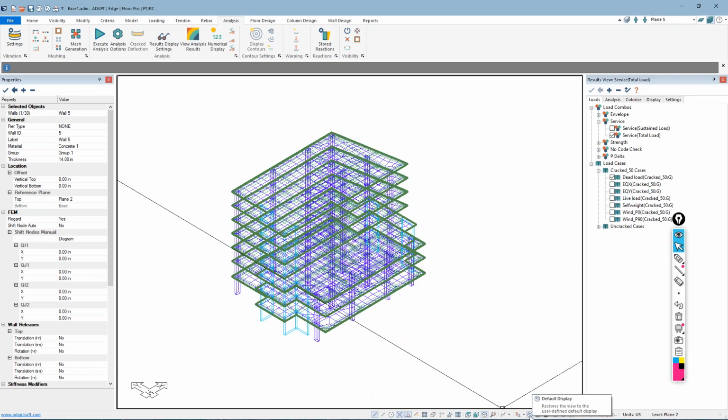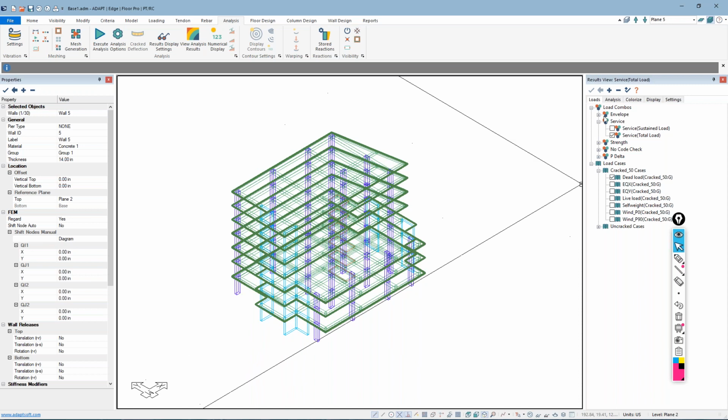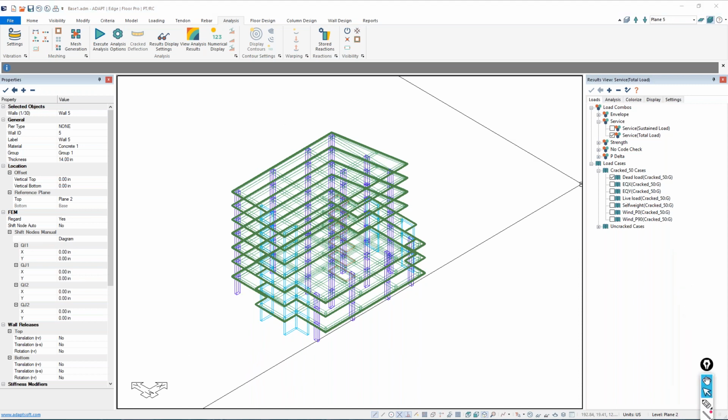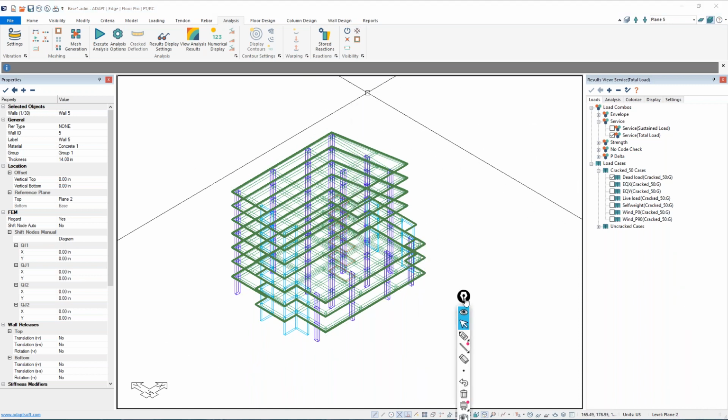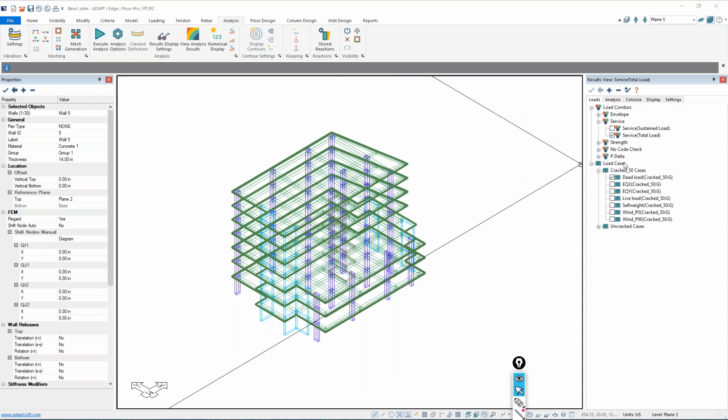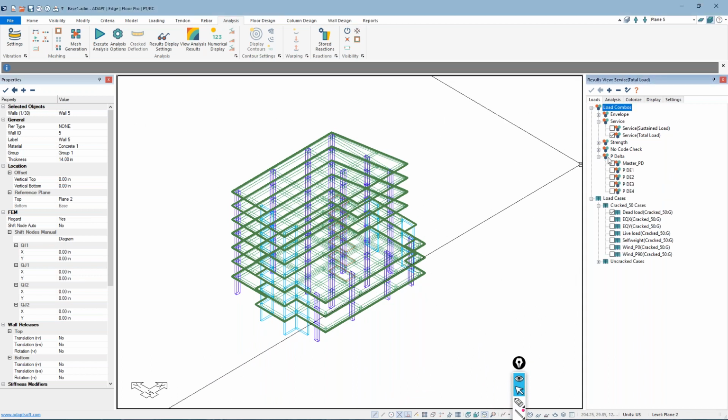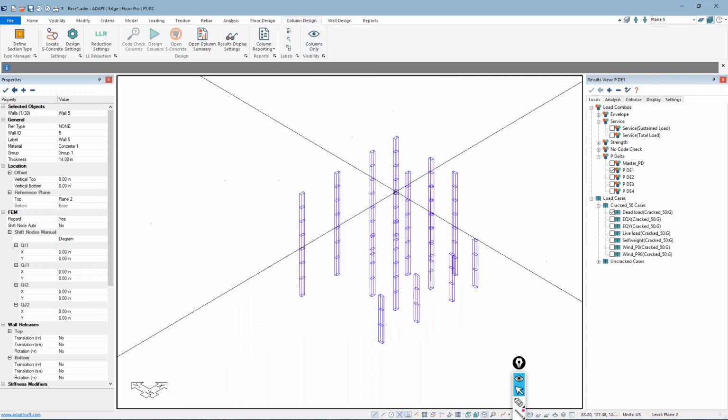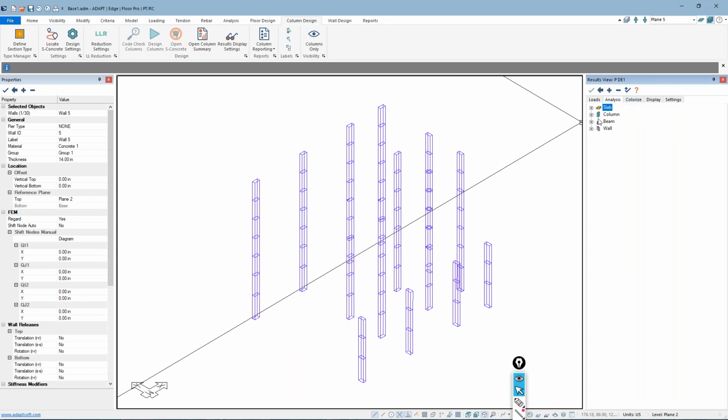The first thing I wanted to show is just graphically some of the results here for P delta. So once you run P delta combinations in the program, under loads, we actually have a categorization of P delta. Master P delta, and then these are the ones that include the lateral load cases. If I just select, this is wind X plus the gravity load, and I'm going to go to columns only, come over here to analysis, and under drift,